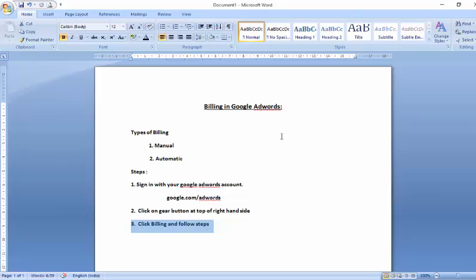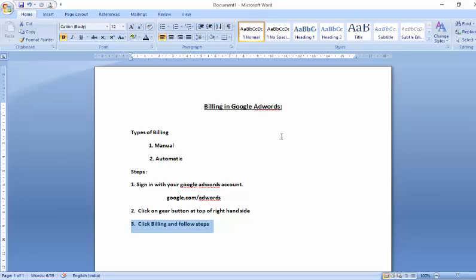and after that it automatically deducts the amount from our card. But what I recommend is to always go for manual, because sometimes we make mistakes, like we want to run a campaign for one day, but by mistake we select a date range of 5 to 7 days, so it will automatically deduct the per day budget or per day amount. So always go for manual payment and then you can run your campaigns.